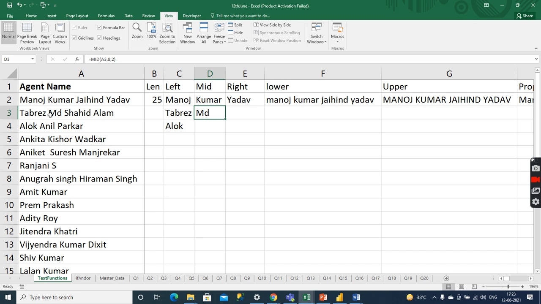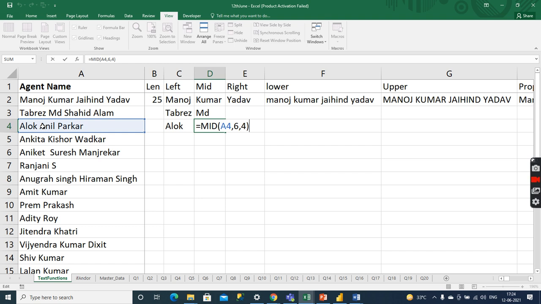Suppose I have to take data, Anil. In the next example, I have to take Anil. So this is the text. Then I have to give the position. So 6, comma 4, because Anil's total length is 4. But why 6, Rajesh? Because from the 6th position. Basically, you have the option to take data from the left side or the right side.